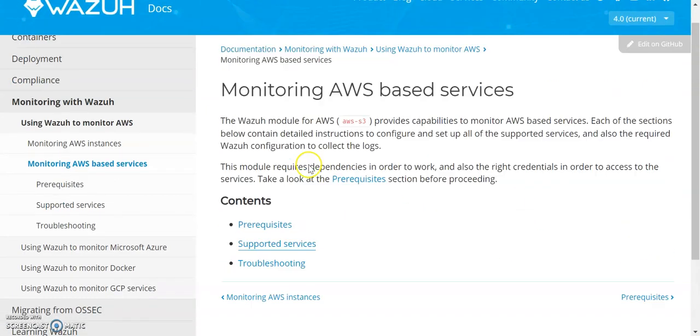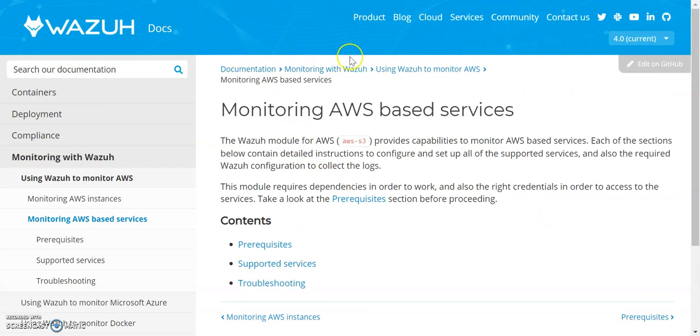So here I am on the Wazuh documentation in the latest version, 4.0. Here you can see the Wazuh module for AWS provides capability to monitor AWS services. Each of the sections below contains detailed instructions to configure and set up all the supported services and also the required Wazuh configurations to collect the logs.